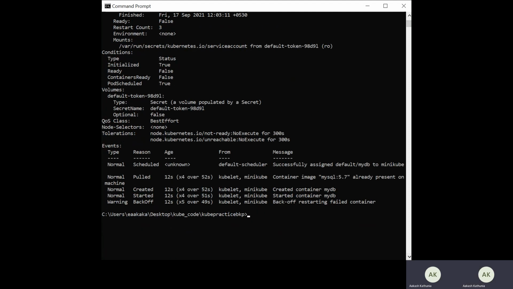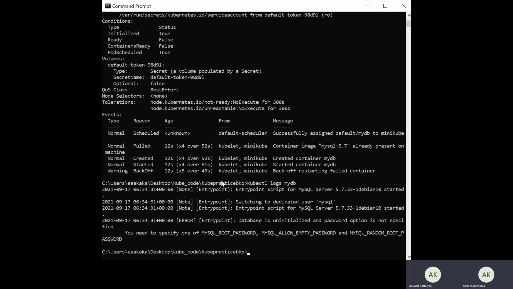So in order to do further troubleshooting, there is a command in Kubernetes, kubectl logs, and I can use the pod name. Once I use kubectl logs mydb, I get a more detailed description of why this error is coming.